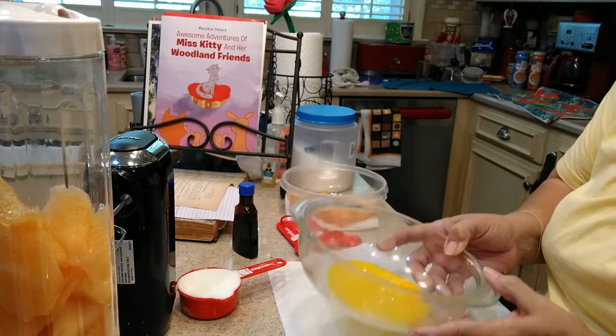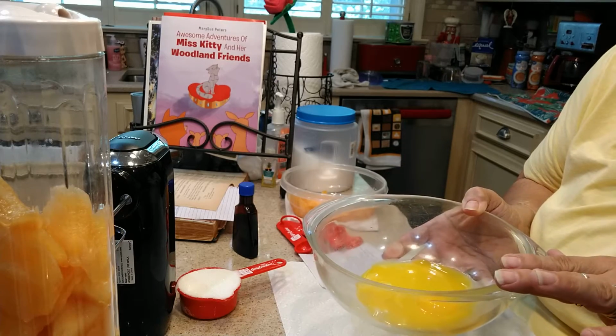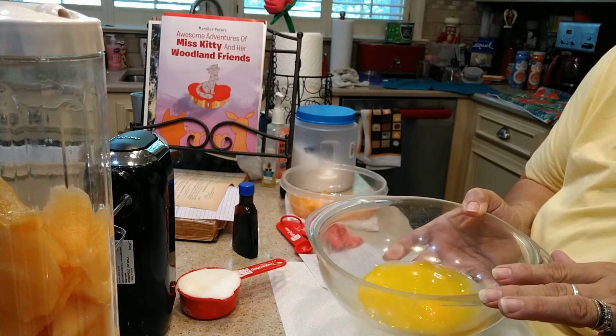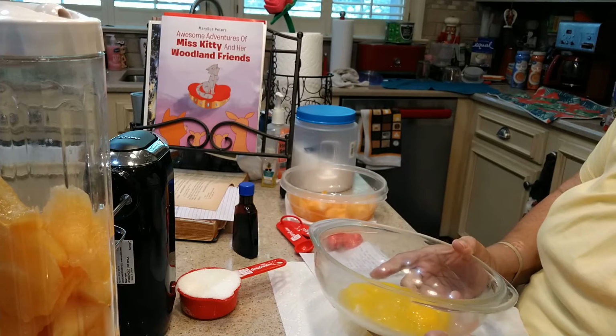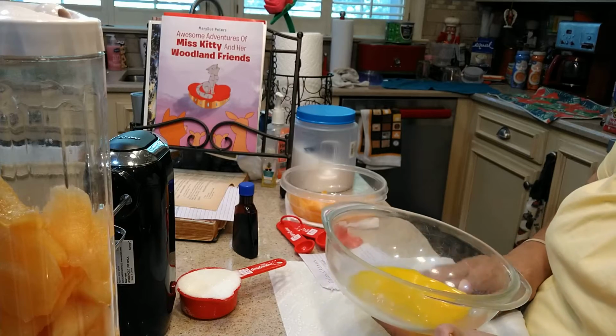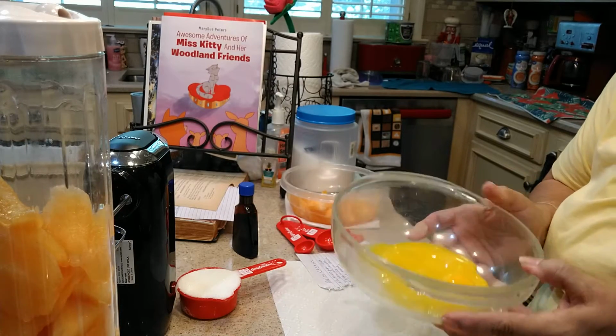The first thing I'm going to start with is 3 egg yolks. Now you can make ice cream without eggs, but real ice cream usually has egg yolks in it. You can substitute either mayonnaise or some cornstarch with cream cheese in there, but I'm going to make the traditional ice cream that has 3 egg yolks,